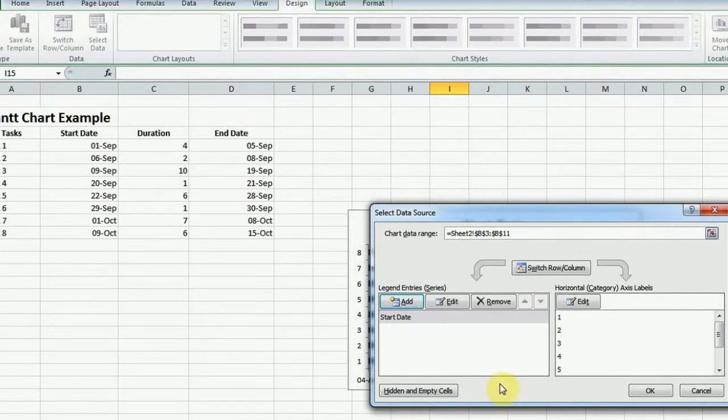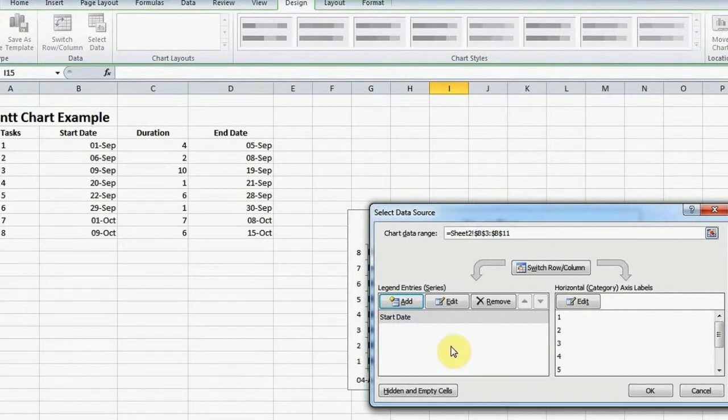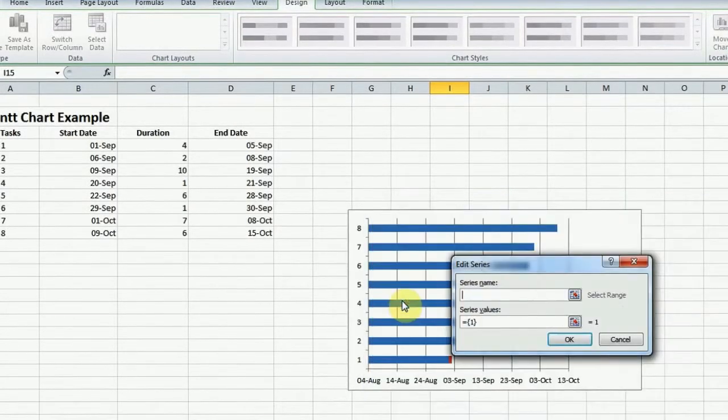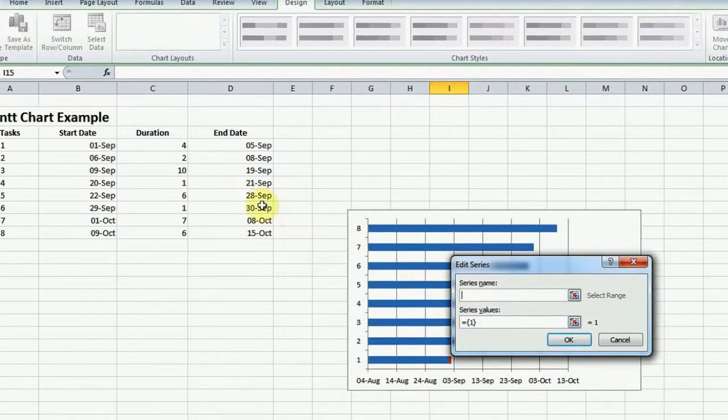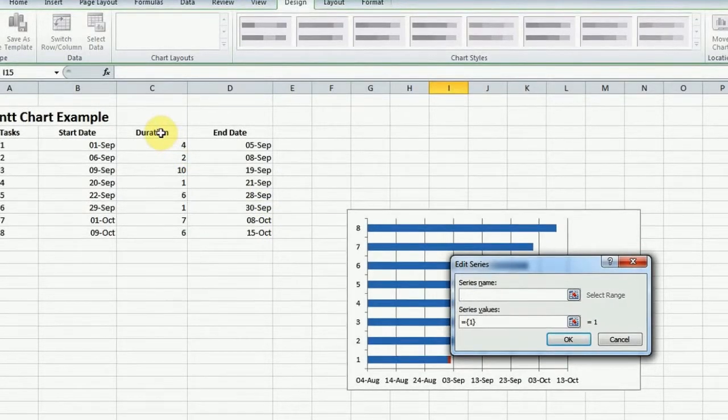Follow the same steps for the duration values. Click on the Add button and place your cursor on the table title Duration.